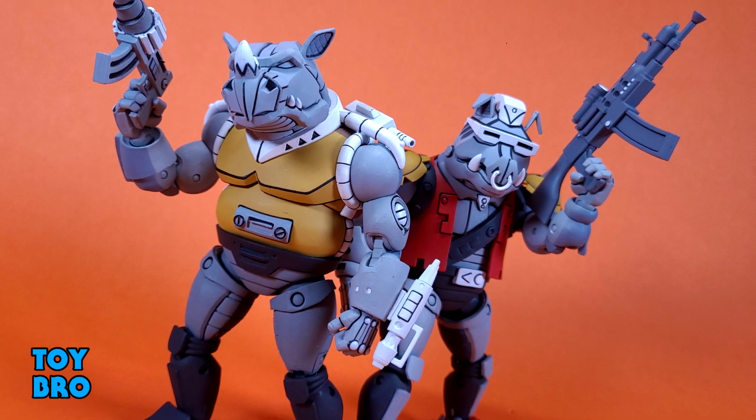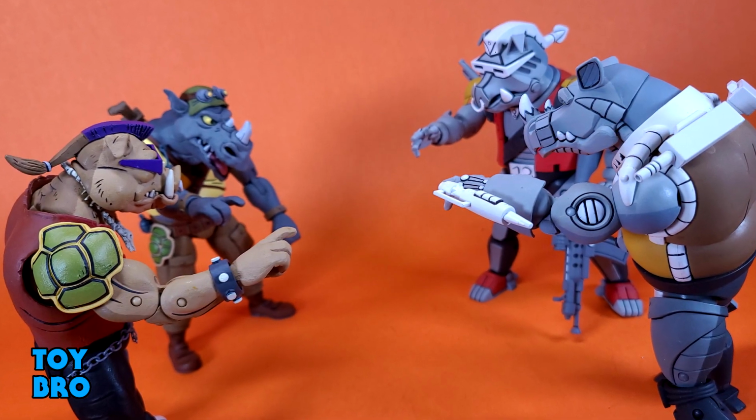They basically sell themselves. So that's going to do it for this look at the NECA Toys cartoon Super Bebop